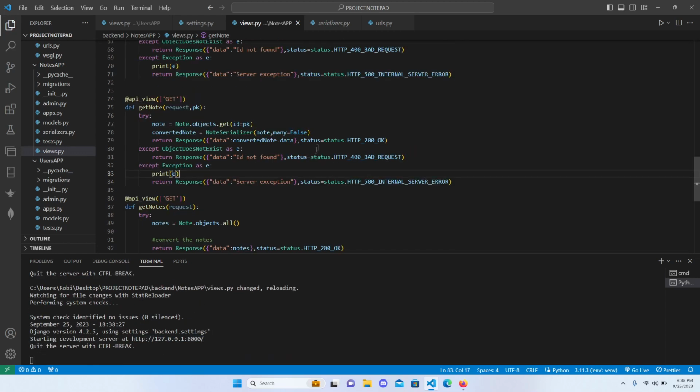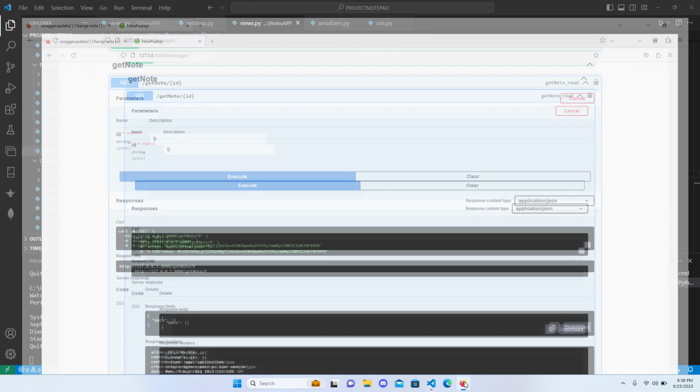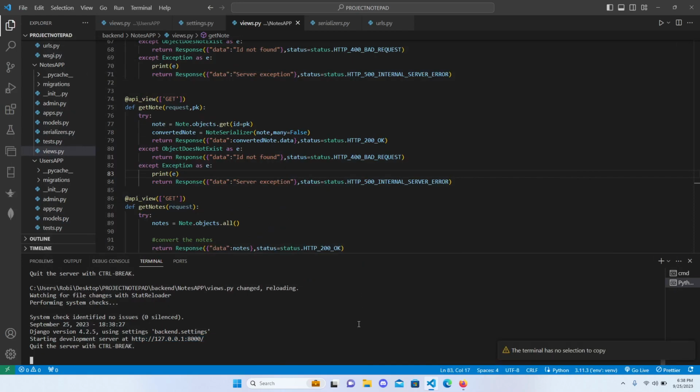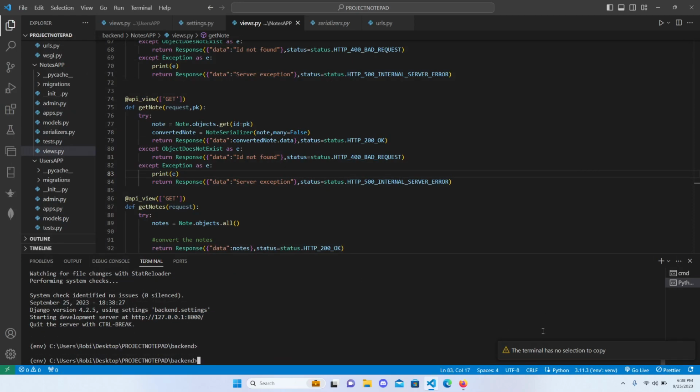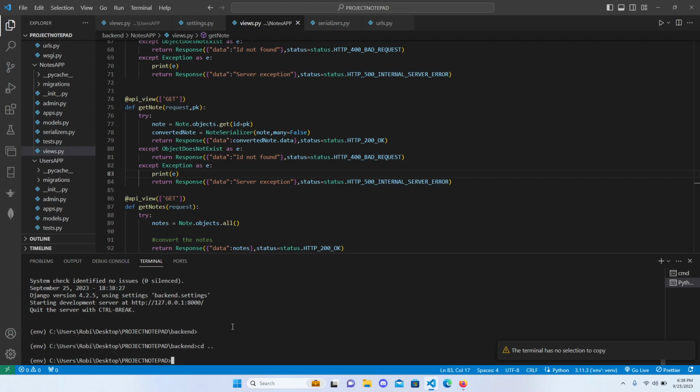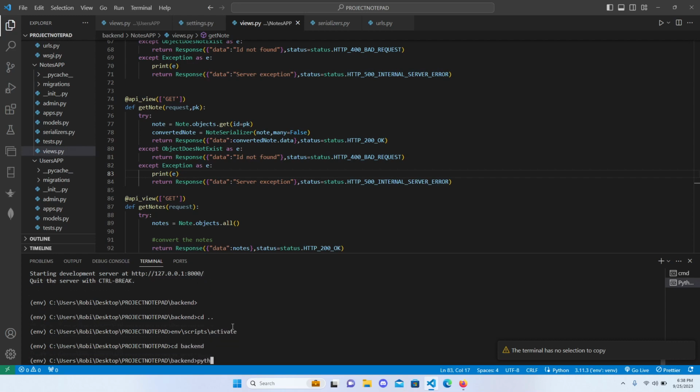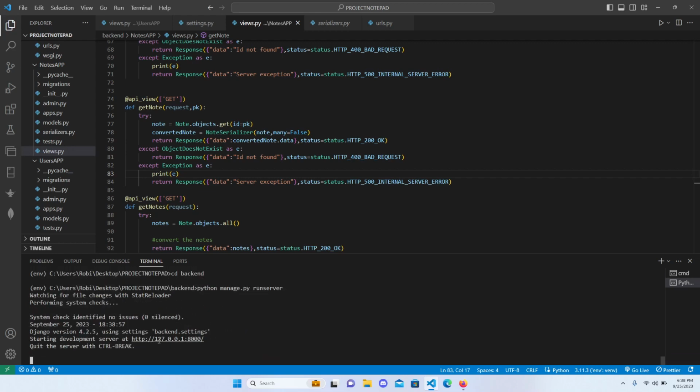Just copy. And now if we open the localhost, so if you remember, you need to open a terminal, go to the project path where you have the environment, say env/scripts/activate, so you're activating your environment. Now get into the backend and say python manage.py runserver. And if you copy this one